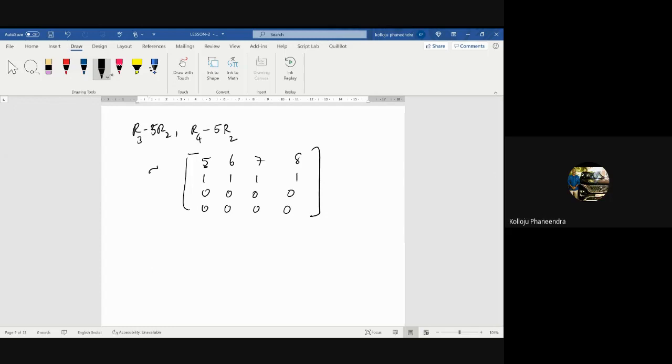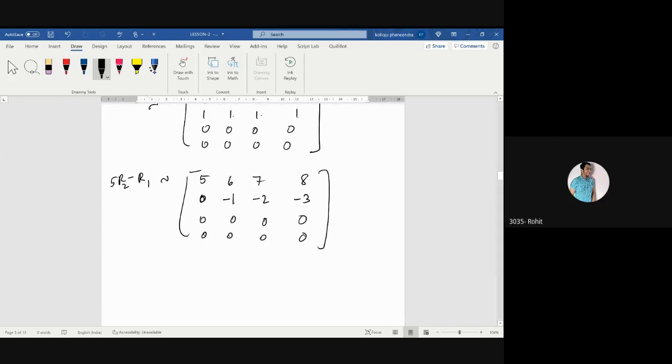Therefore, in the second row there must be at least one 0. Therefore, I will write 5R2 minus R1. Multiply the second row by 5 and subtract. This is 0. Anyway, these positions are zeros, right? And coming to this position, this is 0. This is multiplied by 5, 5 minus 6. Is it echelon form now? Yes, sir. Okay. It is in echelon form. So I am using the short technique, not the procedure, to get it easily. Otherwise, it is very complicated because the numbers are very big.